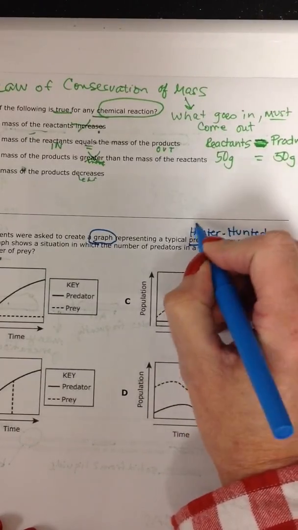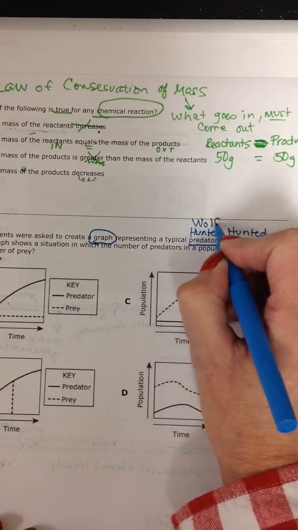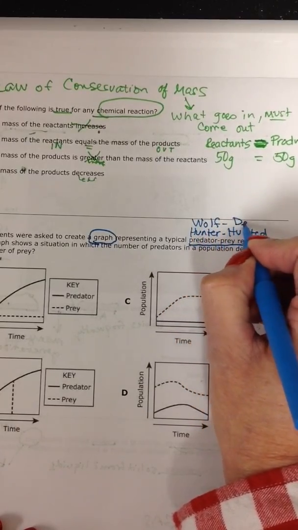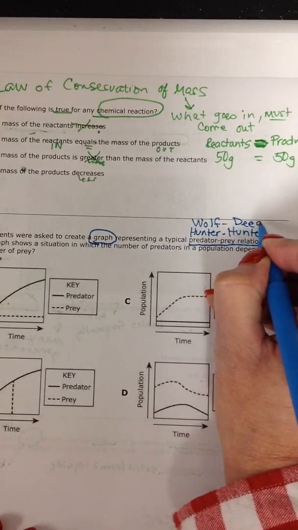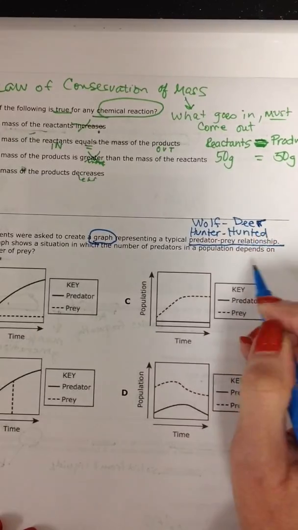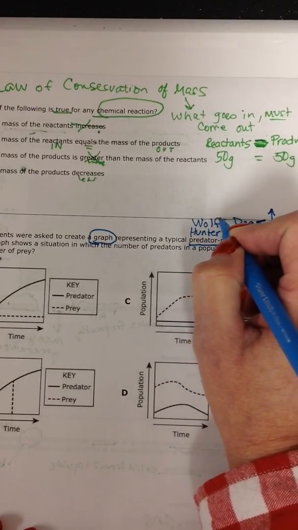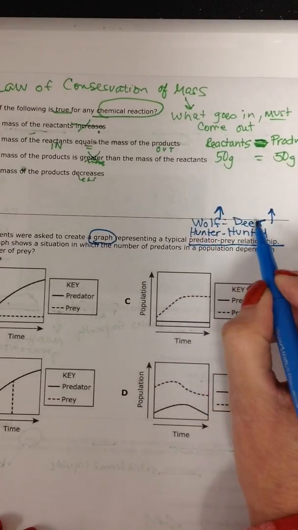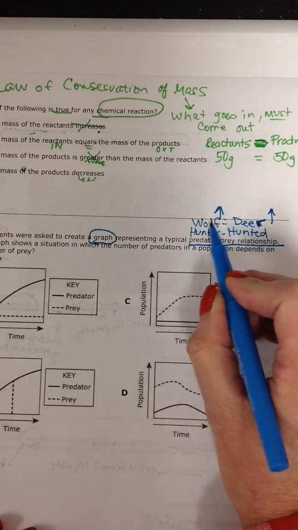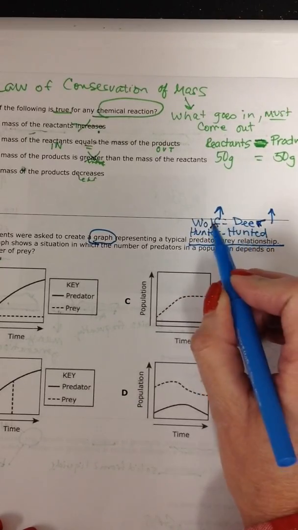Let's make it some example. Let's say this is a wolf, and this is the deer. If the number of deer goes up, then the number of wolves will go up, because the more deer there are in an area, the more wolves it can support because they have something to